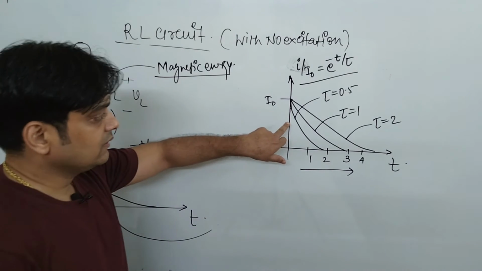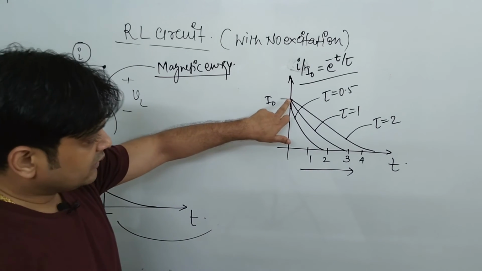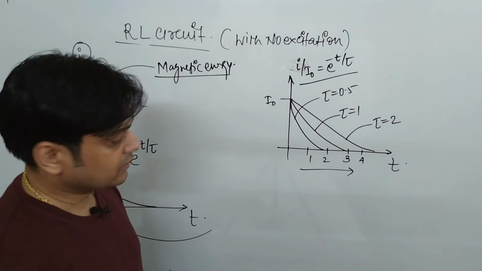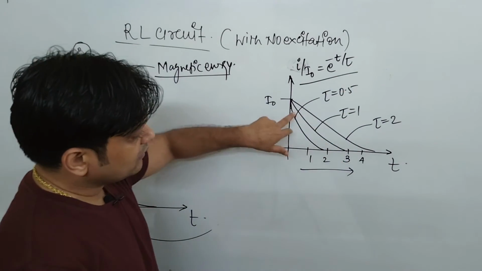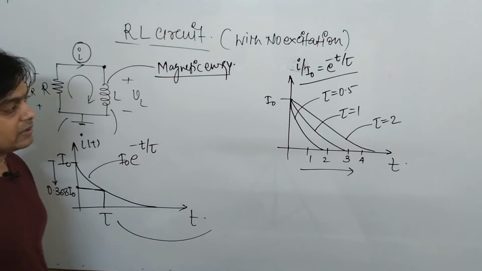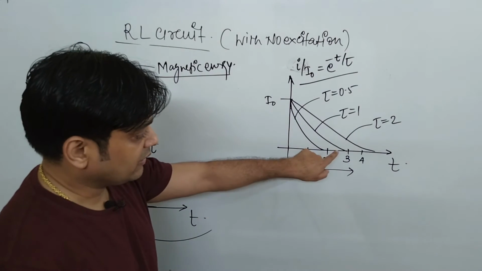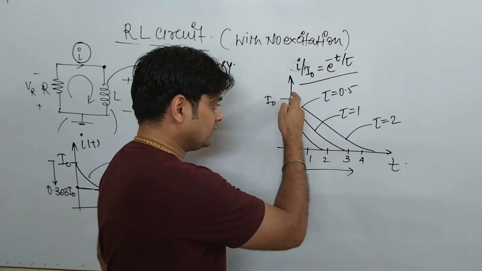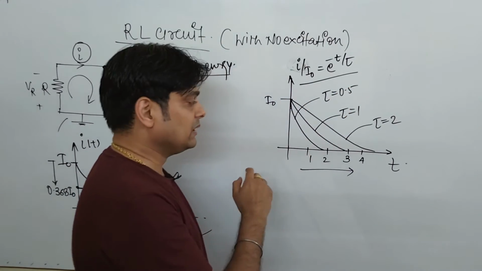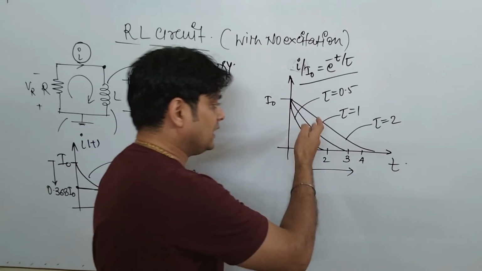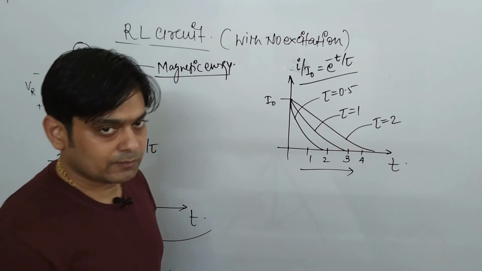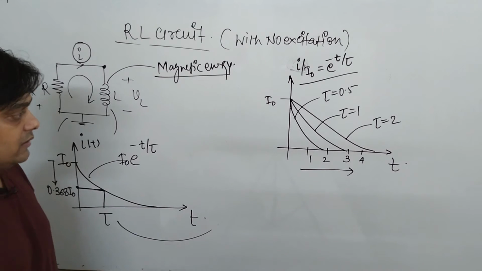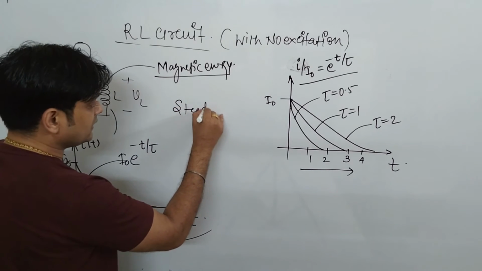So again, from this graph it is very clear that as the time constant is less, the response of the curve is faster, or you can say the curve will decay faster. And as the time constant increases, the curve will decay after much more time. Okay, it means that the response is not fast. So when the value of tau is 0.5, this curve will decay faster. It means the response is faster. But as the time constant increases, your response is not faster, because it takes much time to get to its steady state condition. Again, that word is coming, known as steady state.